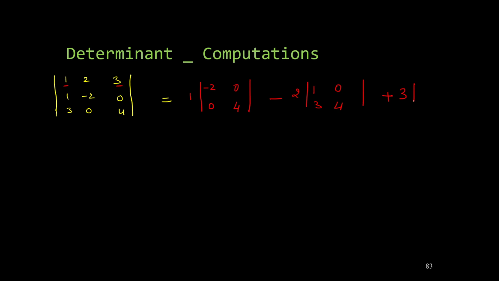So this is 1, minus 2, 3 and 0. So we are taking the determinants of these 2 by 2 matrices. The calculation will give us 1 multiplied by this, which is minus 8, minus 2 multiplied by this, which is 4, and plus 3 multiplied by this, which would be 0 minus 6, which is plus 6. So whatever it is, this is the determinant of this particular matrix. Let me just compute. This is minus 8 plus 18, 2.